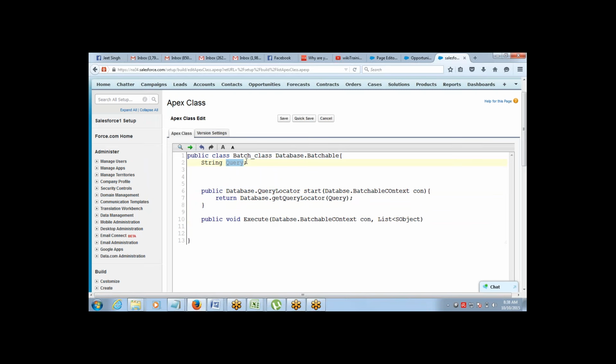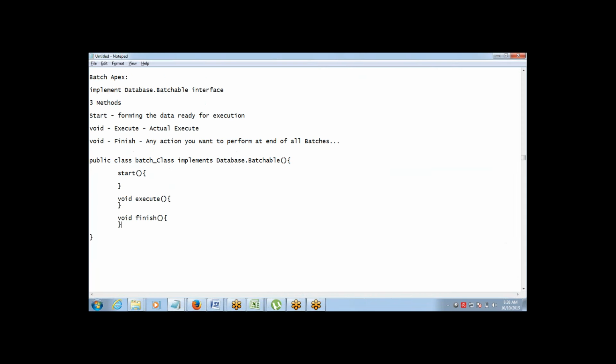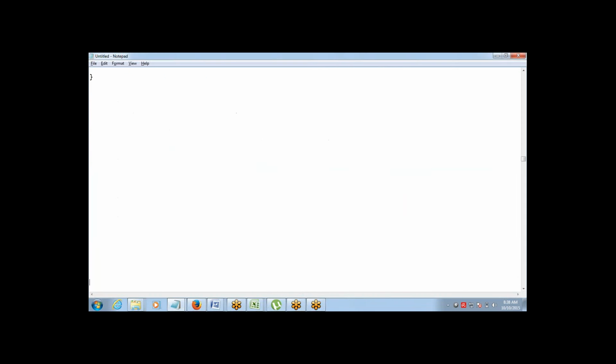What will be fetched out of the query? That's going to be a list of sObject, right? The query itself, select name from account, is a string. This part I want someone else to pass, so this has to be a string. Got it?